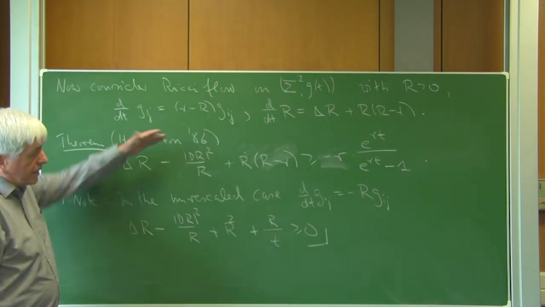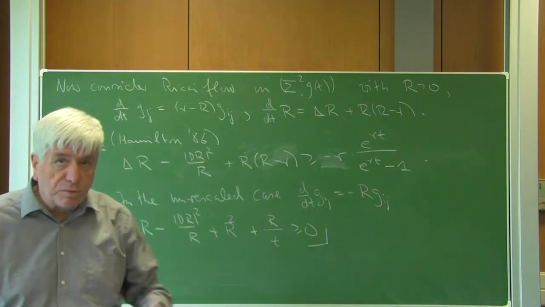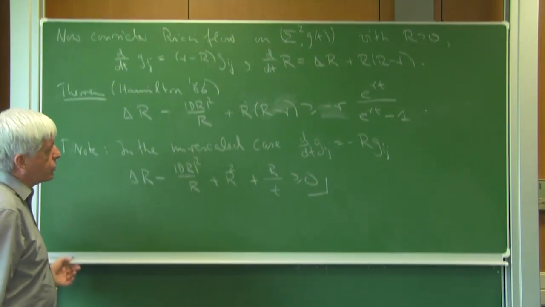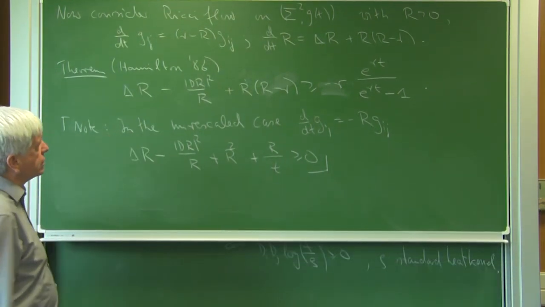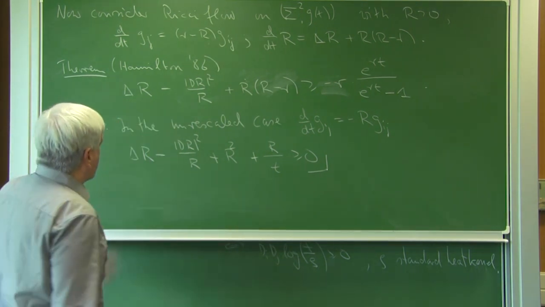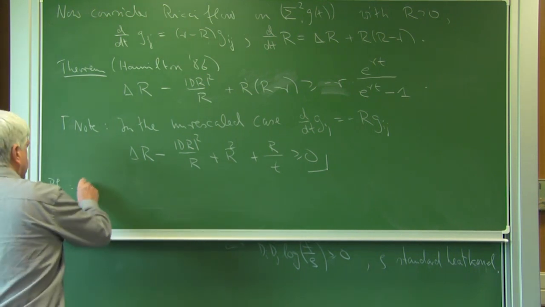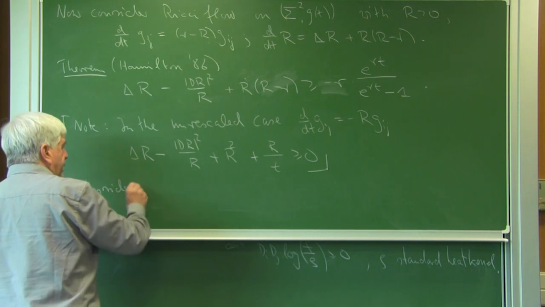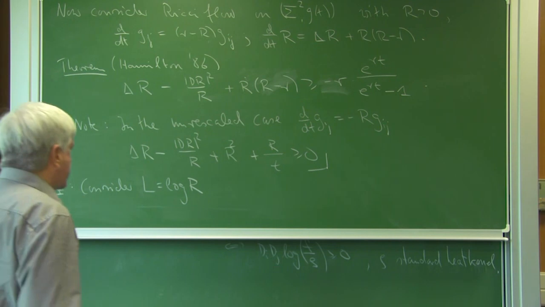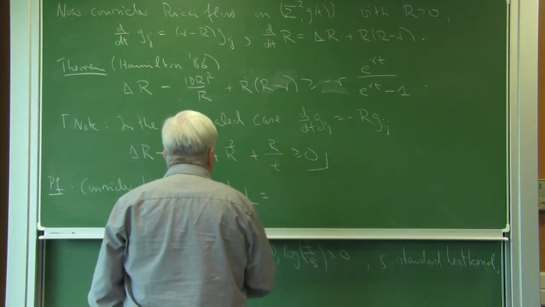Now, how do you prove it? We can just follow the same recipe as the proof that I showed in the linear case. You consider a quantity q which is related to the log of r. So, proof: consider L equal to the log of r, such that d/dt of L is equal to